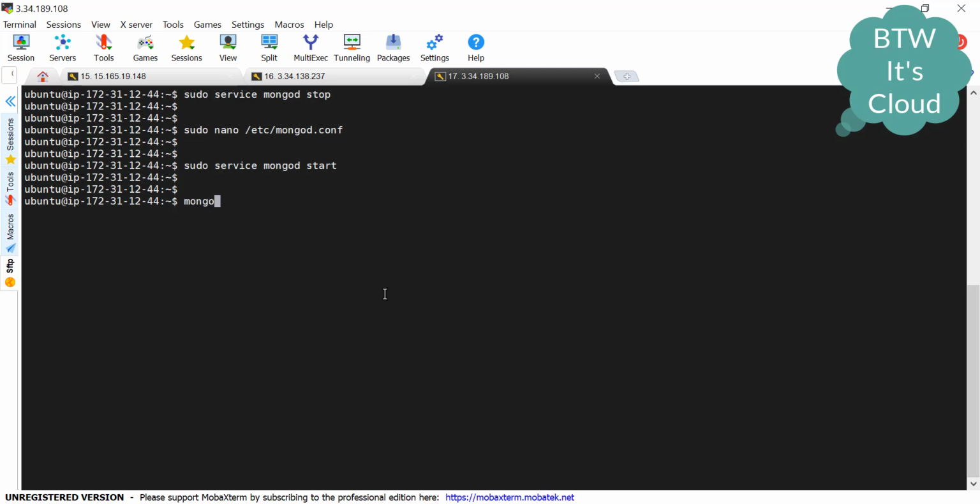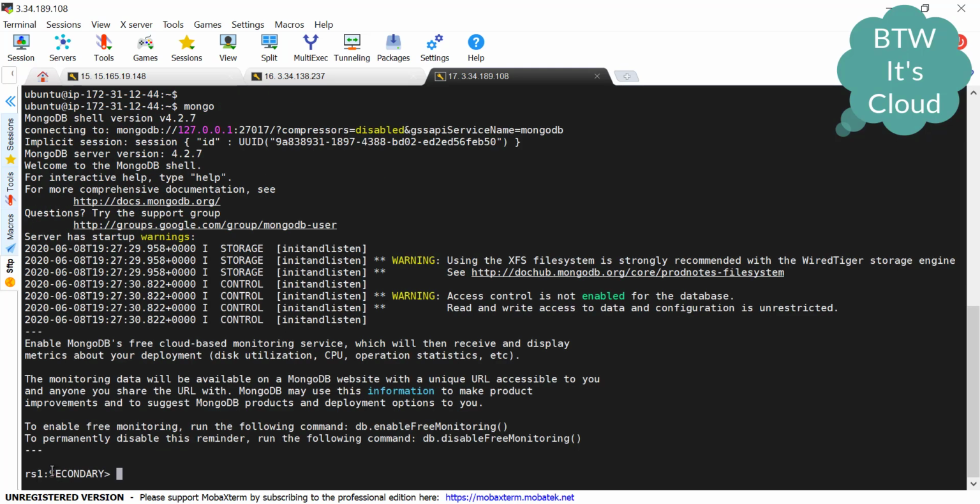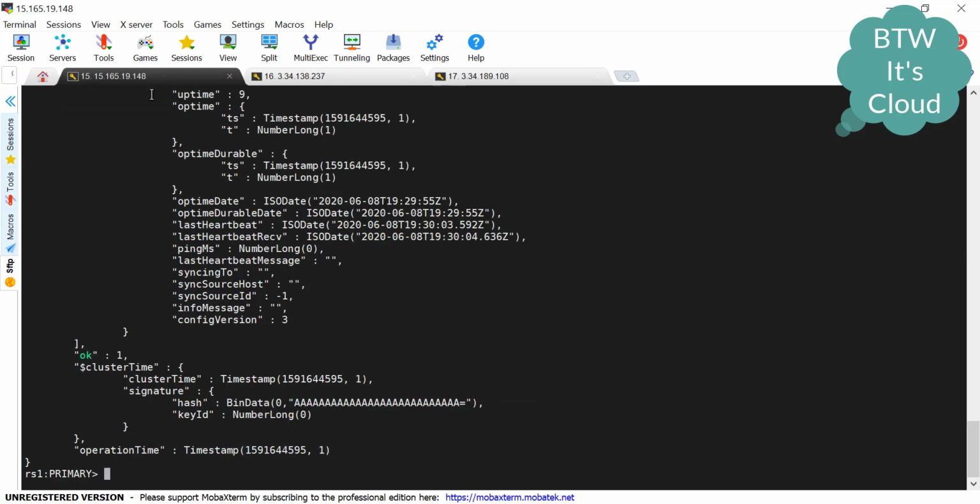Now open the shell here also. It is also working as secondary. Since we have set up this replication, now we need to verify this. For verification, we need to cover two use cases. The first one is we'll be creating a database and a collection inside it with some value. Then we'll go to the other two servers and check whether the database is available there or not. In the second scenario, we'll be shutting down the primary MongoDB server and we'll check which of the rest of the two is taking charge of primary.